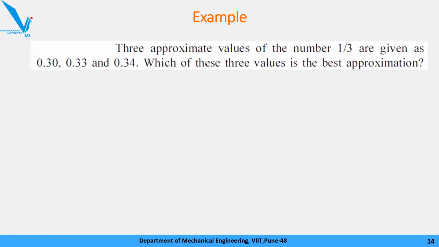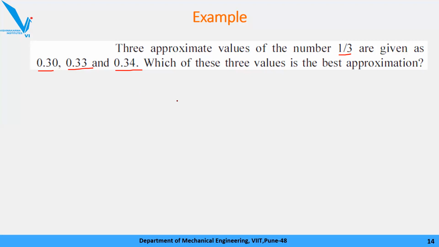So let's see another example, another perspective of using error. So the question is easy. We have one number, exact 1 by 3, and we have three options to choose from कि भाई इसका approximate value कौन सा choose करेगी: 0.3, 0.33 और 0.34. Okay, what is your guess? Which one is the best one? And then we will try to justify our answer. I think most of you will check the correct one.